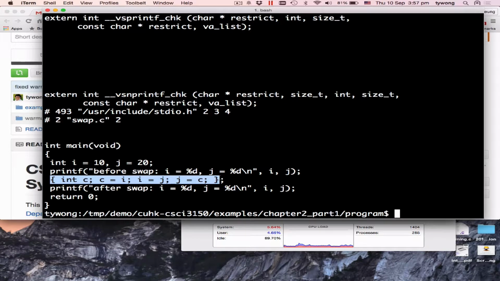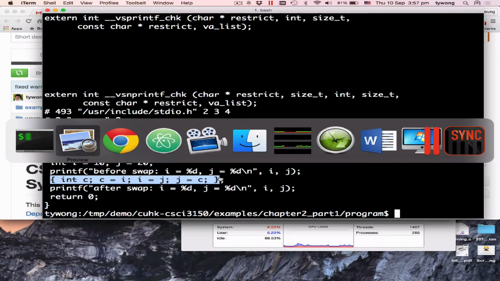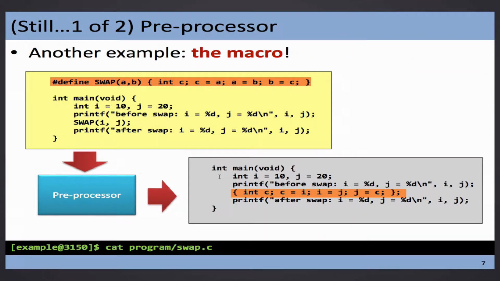C equals to I equals to J, but inside the macro in the PowerPoint, okay, you will find another version. It is not I and J, but A and B. Okay, so it will do the replacement. You say I here, I will replace A with I, and so forth. Now, I have a question that you don't need to answer; think about it at home or in your leisure time.